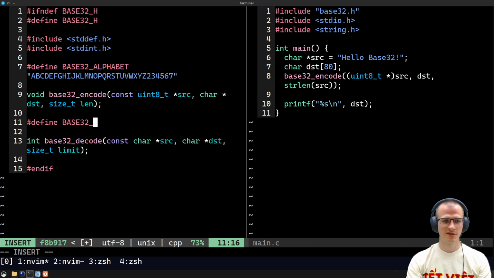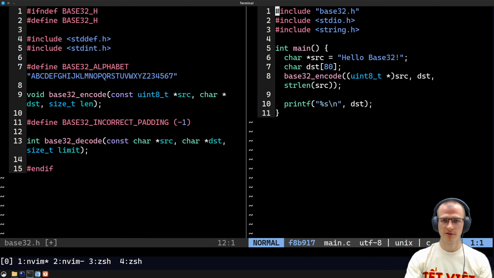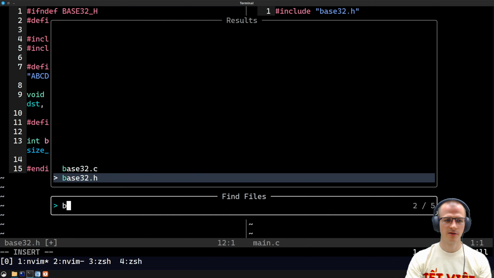So if we did say that base32 incorrect padding is -1, then we can ensure that this is going to be the value we are going to return on incorrect padding. Yes, great. So then in the implementation file,